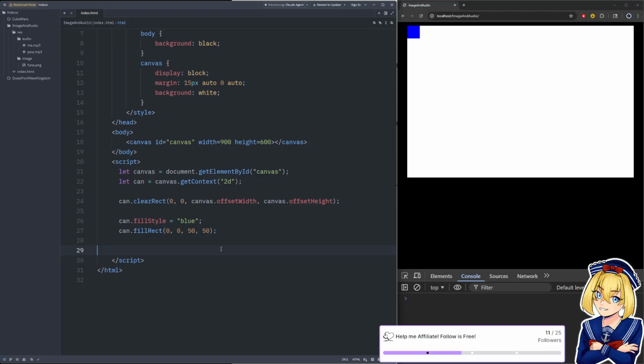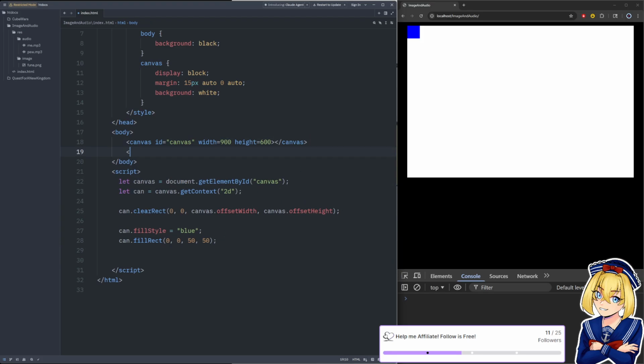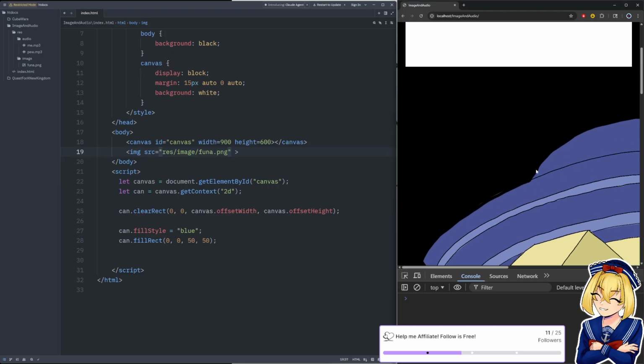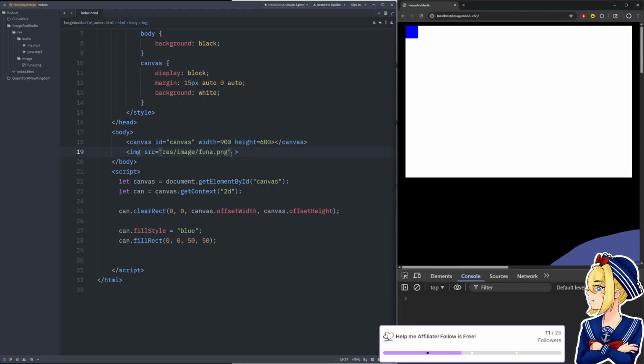If we wanted to do a sprite, then I believe you could either, let's try this. Let's make an image on the page. We're going to say the source is res/image/funa.png, and that will add Funa to our page, right?